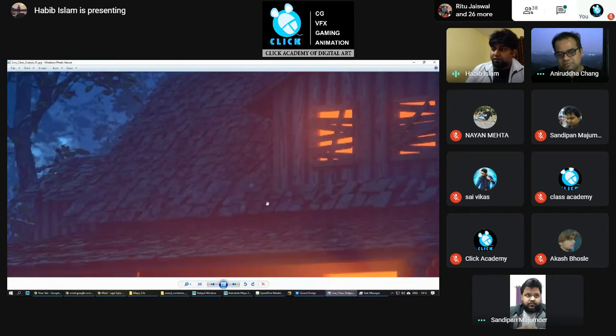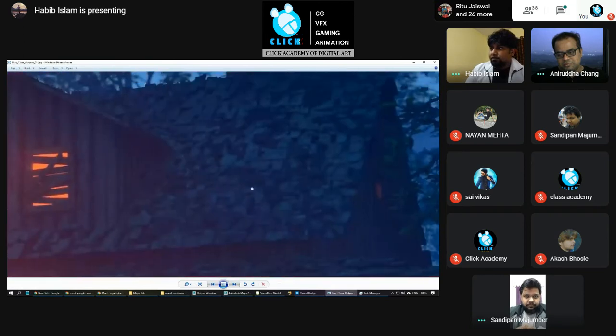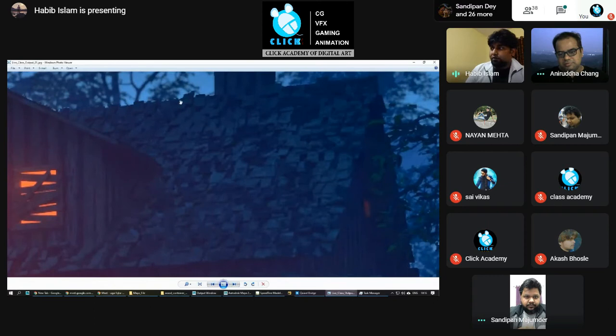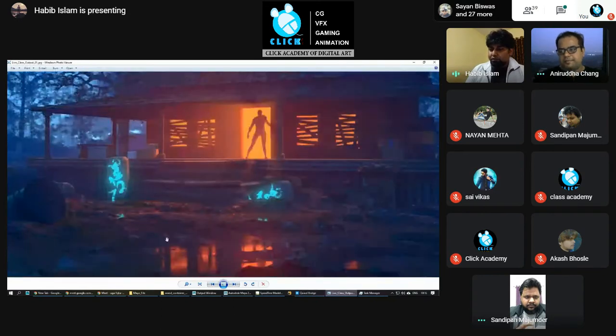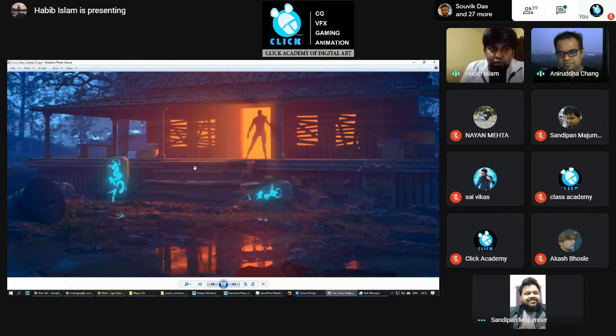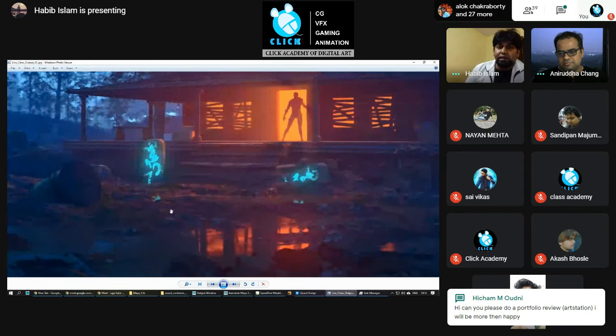If you see the detail, you won't get this kind of detail from that software. Obviously, there are some elements in this ground created using that software, but this is for personal use. If you go to any industry, they are not using all these software because their requirements are different. Suppose you are working on a TV show, they don't require this much ground. They need a particular type of ground which can be done by a manual process only.